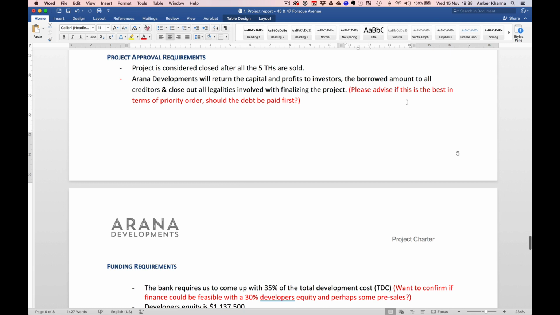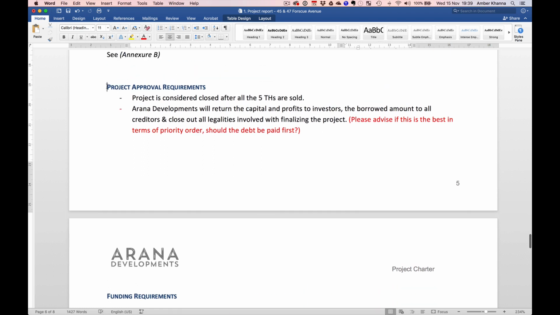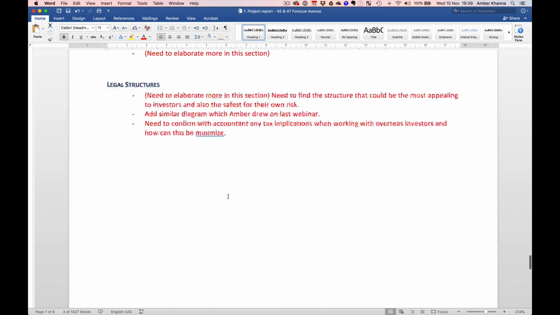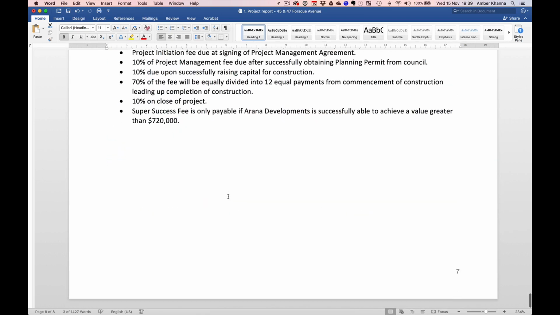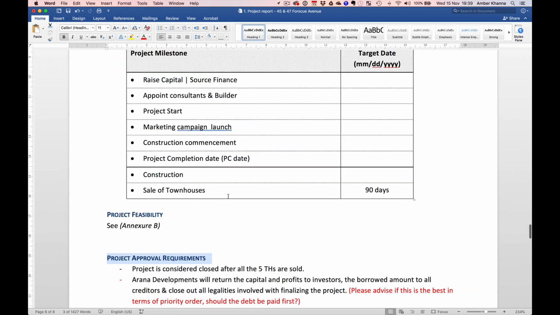Approval requirements. Project is considered closed after all 5 townhouses are sold. We return the capital and profit to investors, the borrowed amount to all creditors, and close out all legalities involved with finalizing the project. Please advise if this is the best terms for priority order. Should the debt be paid first? No, the debt has to be paid. No, but this is project approval requirements from the investors. Yeah. The second line is perhaps irrelevant to the title in there, but